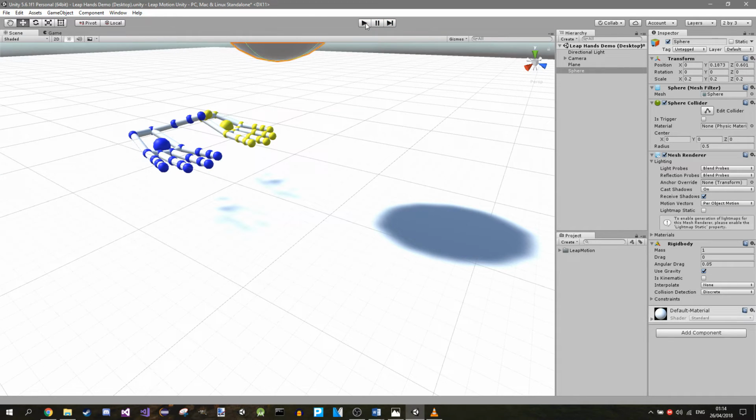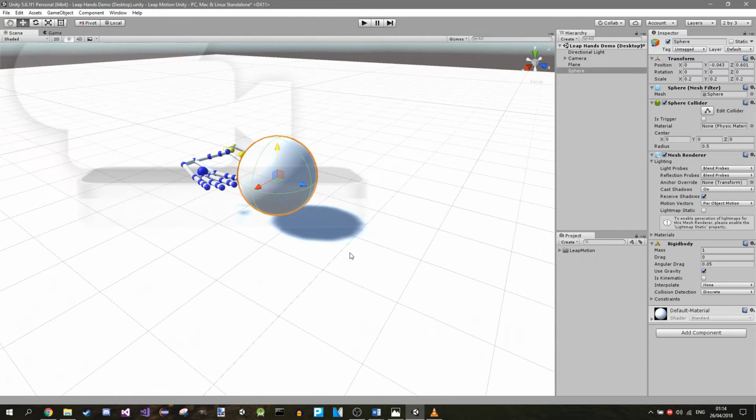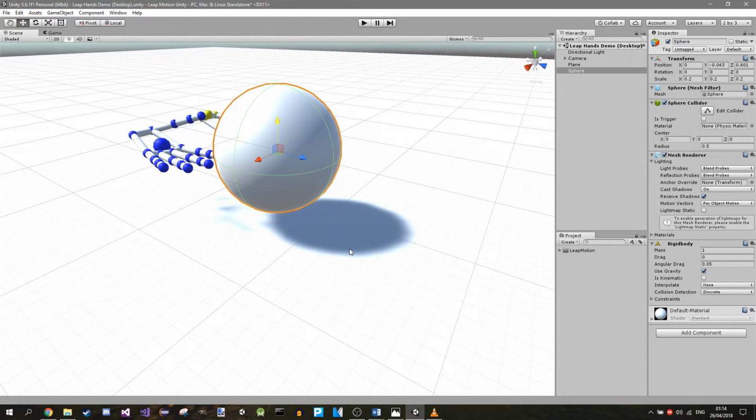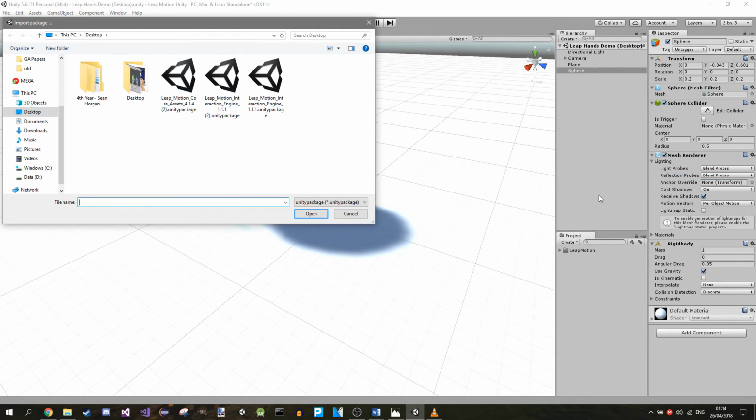And that's because we have no interactions, no interaction behavior between the ball and our hands. And that's where the interaction engine comes into play. So now we're going to import the interaction engine package into Unity, the same way we did with the core assets one. So I'm going to right click down here in the project view and say import package, custom package,